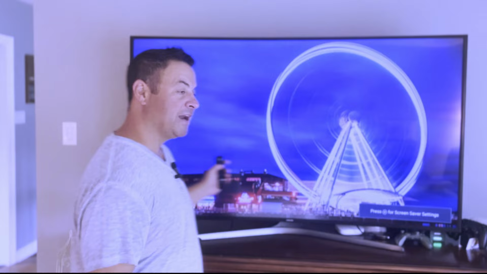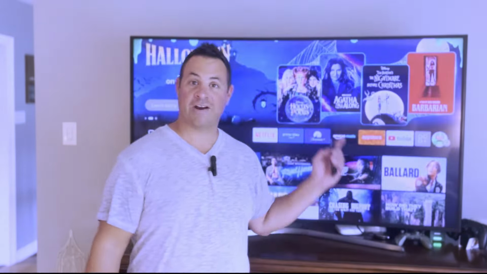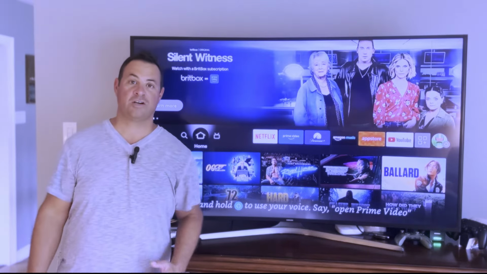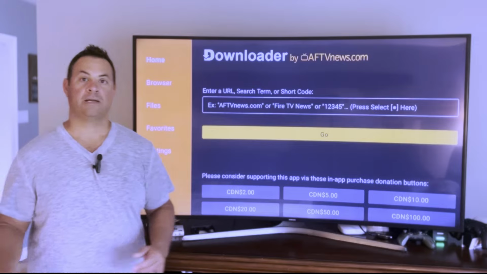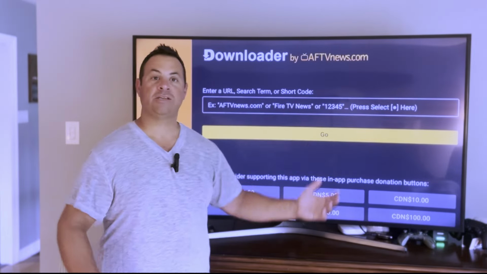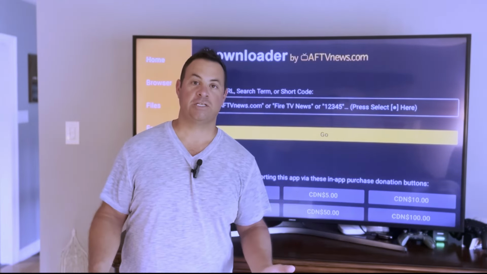Are you 50 and older trying to figure out how to get this Amazon Fire TV stick to get applications on it that aren't available in the Amazon App Store? Hey guys, what's going on? Are you looking for movies and TV shows all in your Amazon Fire TV stick? Now here, Downloader works just like a web browser. So you can type in any URL, like say